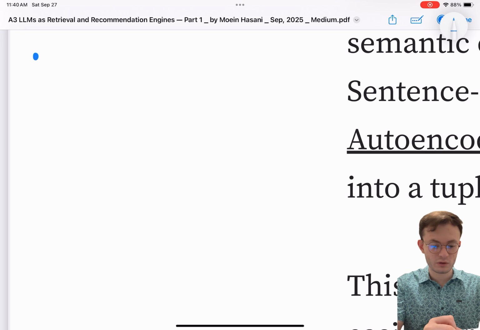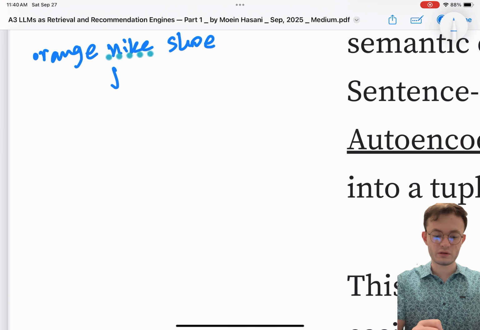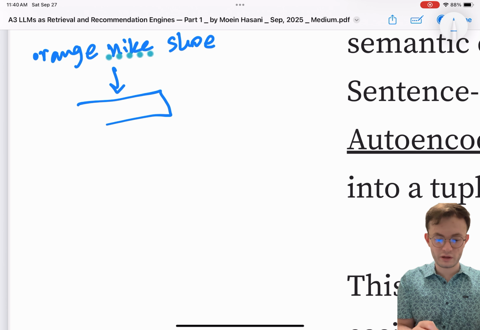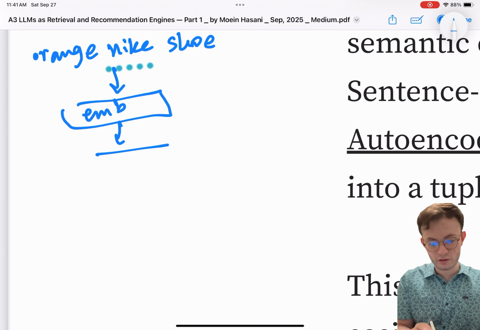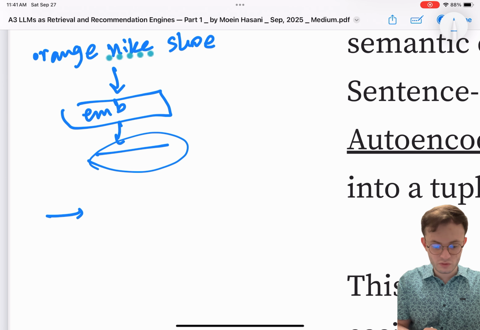So when you pass the orange Nike shoe to your embedding model, let's say you have a transformer like T5 or something, you'll get an embedding vector, right? This is your embedding vector, like orange Nike shoe becomes the embedding vector, and this vector is passed to a DNN.